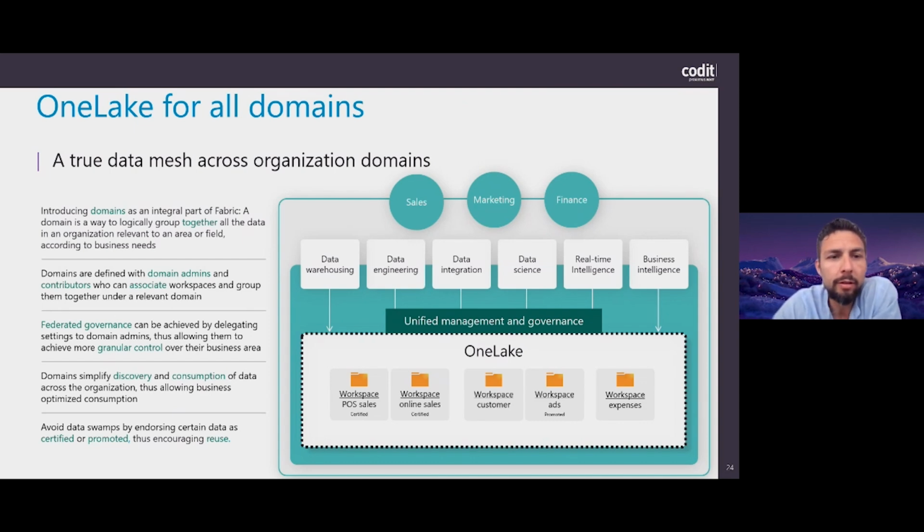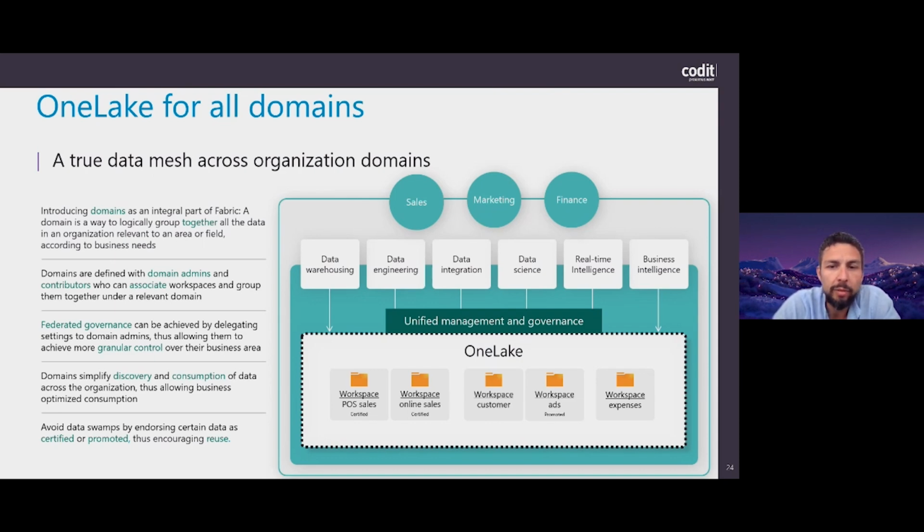And then they still want to follow the principle of a mesh setup in the data platform, meaning that your different business units, even if they are using one single platform, can have their own separate playground within that big OneLake, and can have their own data sets in there without others having access to them.